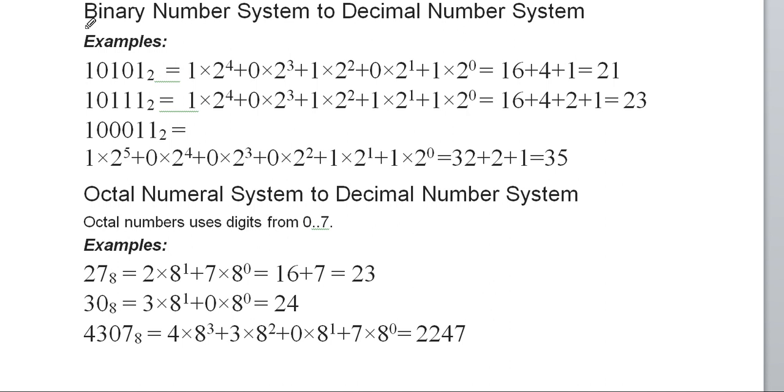The first type of conversion is how the binary number system is converted into the decimal number system. With the help of a few simple examples, you will easily understand how this conversion happens. In the previous class you learned that when converting decimal to binary, we follow the division process: the number is divided by 2, and with repeated division by 2 we get the equivalent binary number. So a reverse process has to be applied here.